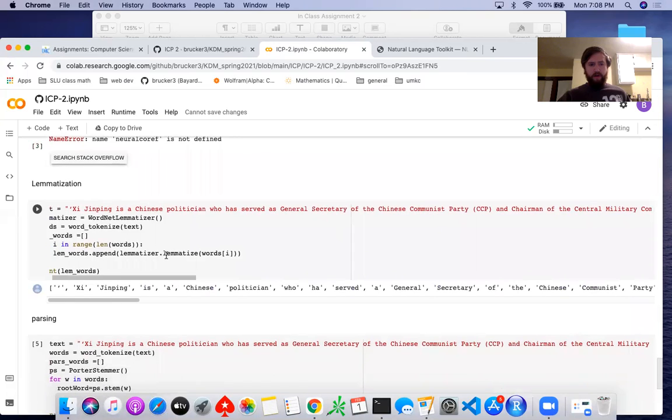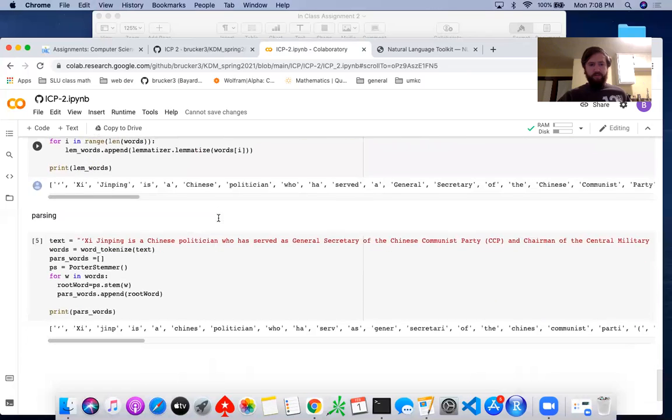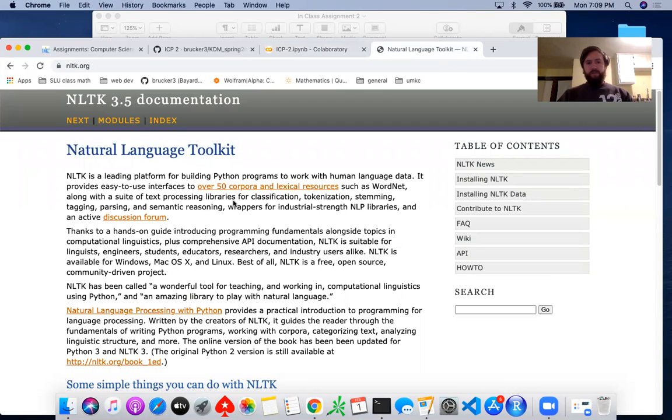Lemmatization turned out to not be too challenging, just tokenize and then a simple loop to get all the lemmatizations, and then parsing as well was basically the same setup. And so this was a pretty good ICP in that I've never really used the natural language toolkit before, so it was cool to see how some of these base functions can have good real world application. Okay,